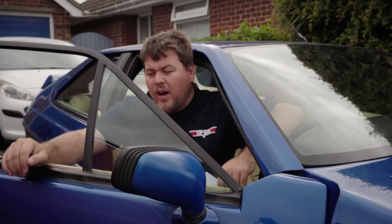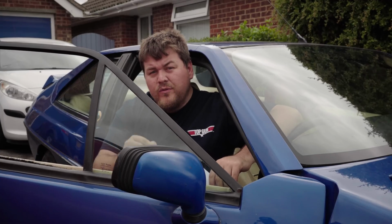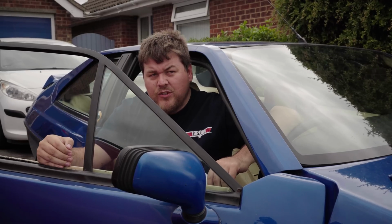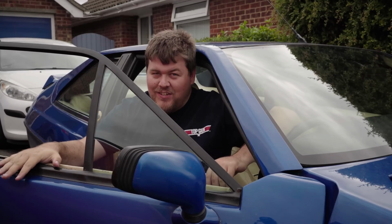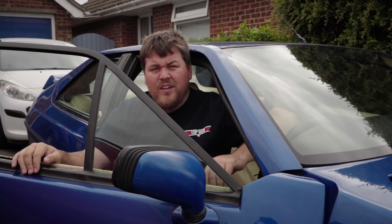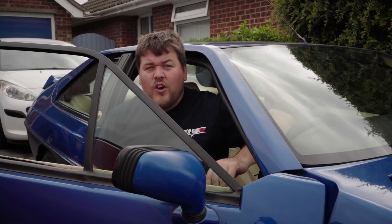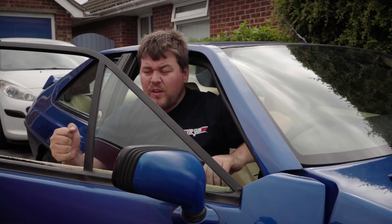The car was supposed to be at Hethel from Monday to Friday of last week. Unfortunately, on Thursday, I got a phone call from them saying that while they were replacing the HVAC controls, something had broken in the car, and they basically had to start the job again. And unfortunately, because of the way that the car is assembled, it's a long and arduous task. And I do know that the guys were working late into the night and also on the weekend on my car. So I'm expecting a phone call anytime this afternoon to basically tell me that the car should hopefully be